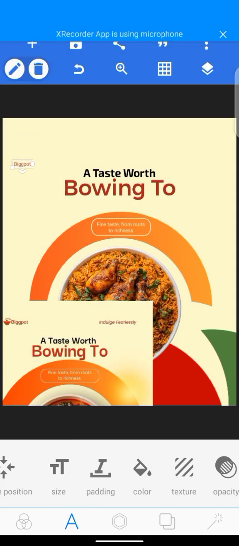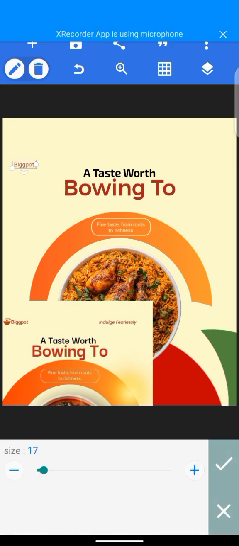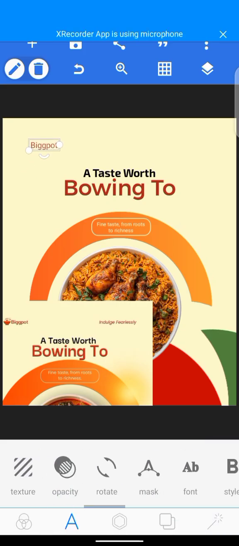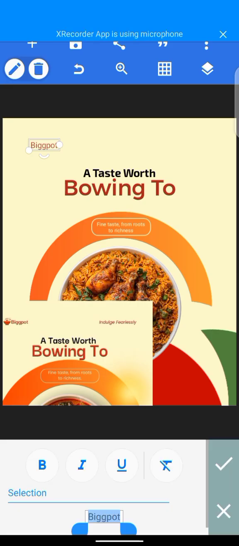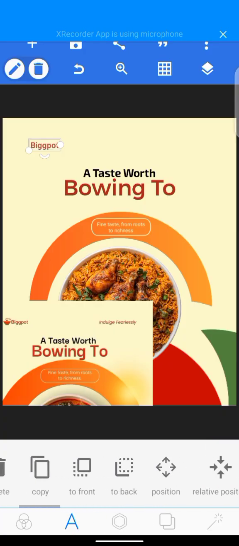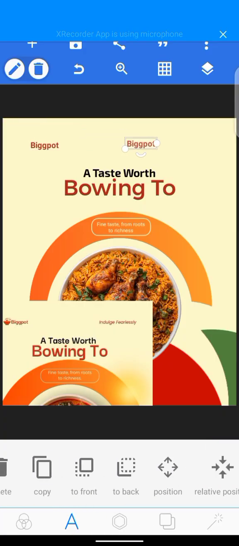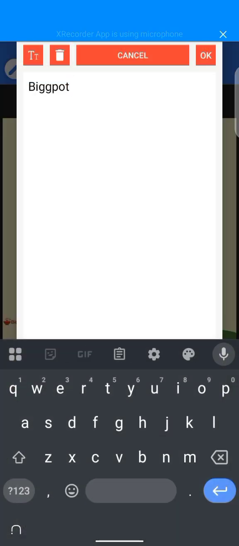Increase it a little bit. Go to size and increase it a little bit. Let's leave it at 24. Then put it at the top side. Go to bold and let us bold it a little. I don't have the strength of looking for any fonts, so let us bold it a little. Then you copy it again and take it to the right side and write